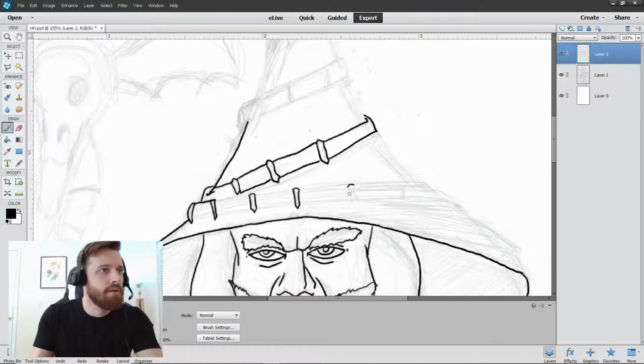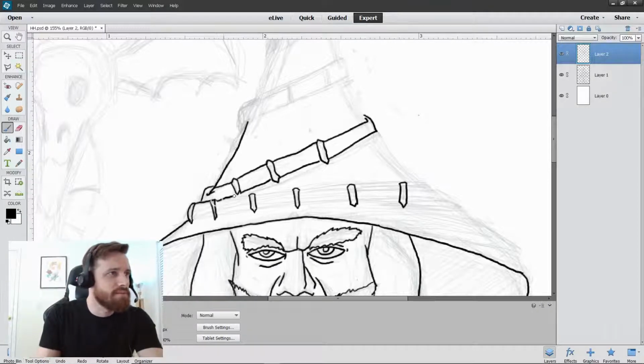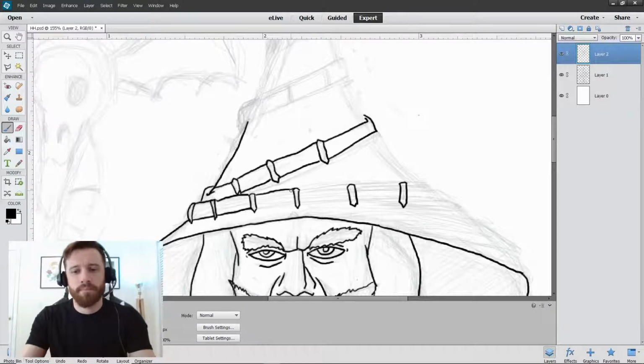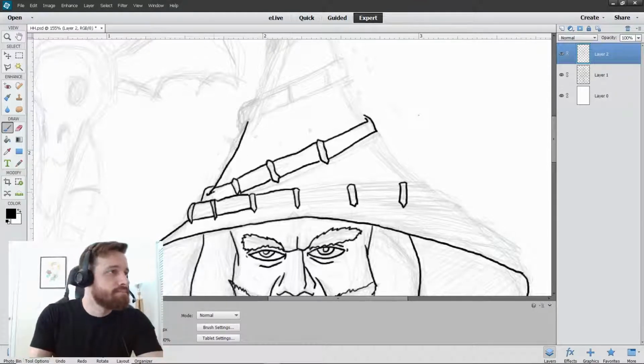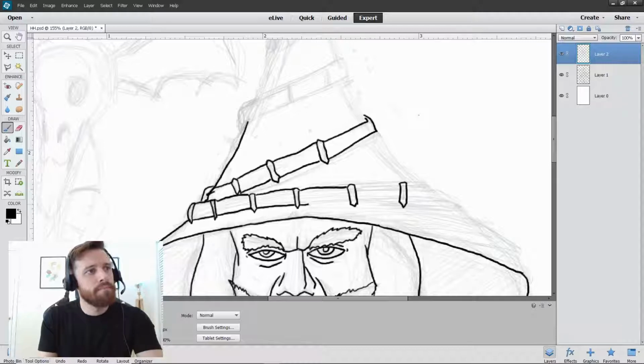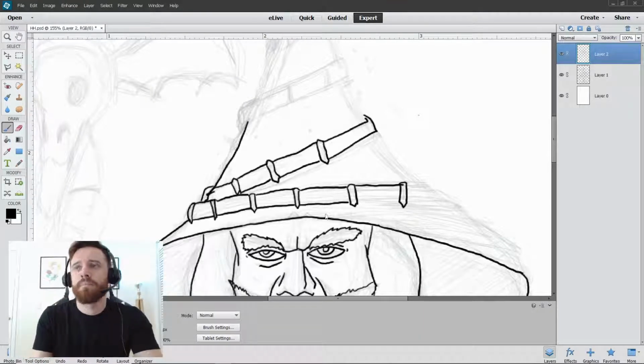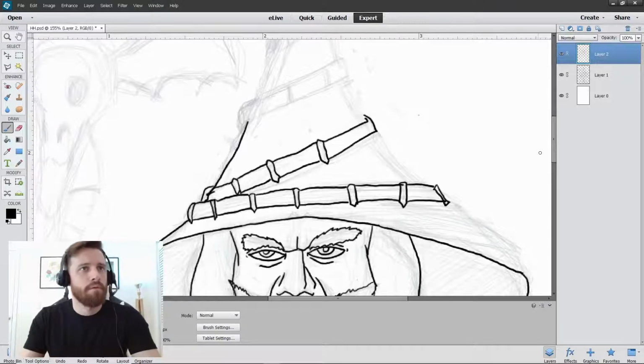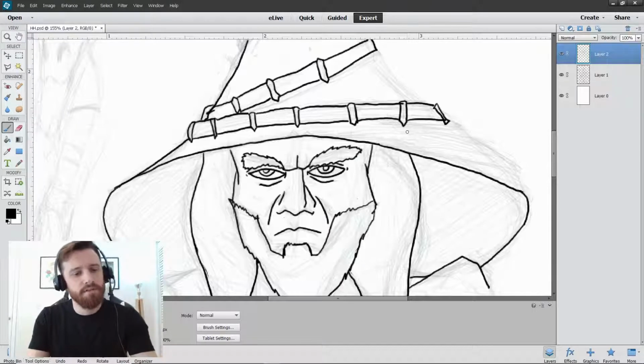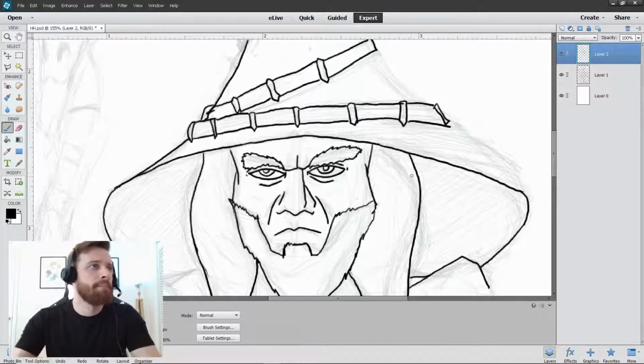Okay, let's get back into this now. Now that that's settled, I'm gonna try to go a little bit faster on this. This is all practice here. Tell you what though. All these little lines that are overlapping ain't too shabby. So I feel like this line might even need to come down a little more. It comes down this brim here a little bit better. And then,